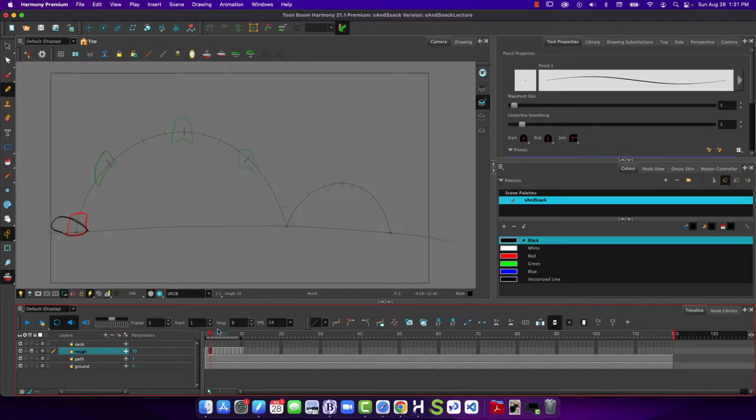So if I want to extend this out, plus, move to that next frame, insert a new drawing, and now so we've really kind of bent it down. And then the next frame, this is where I want it to be pretty dramatic. I'm going to, again, plus, move to the next drawing, insert empty drawing, and this time I am going to,